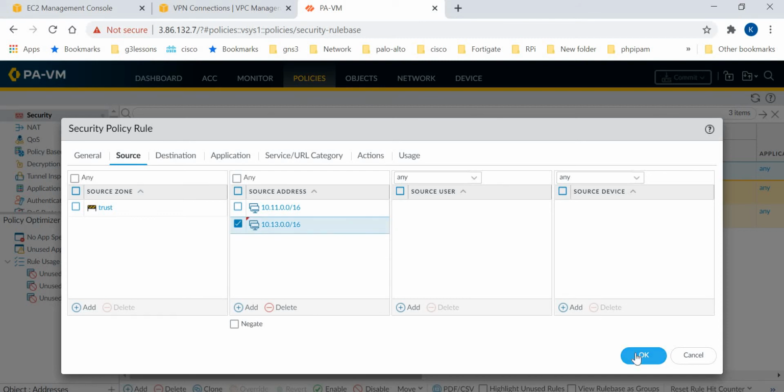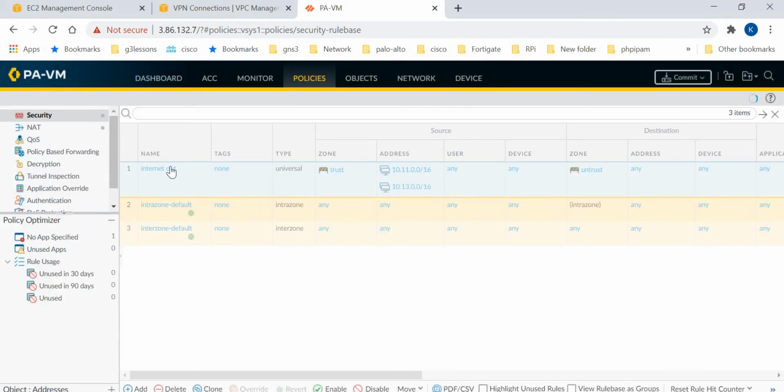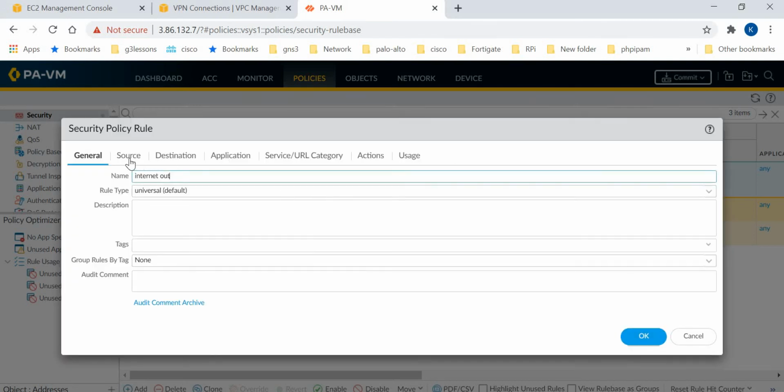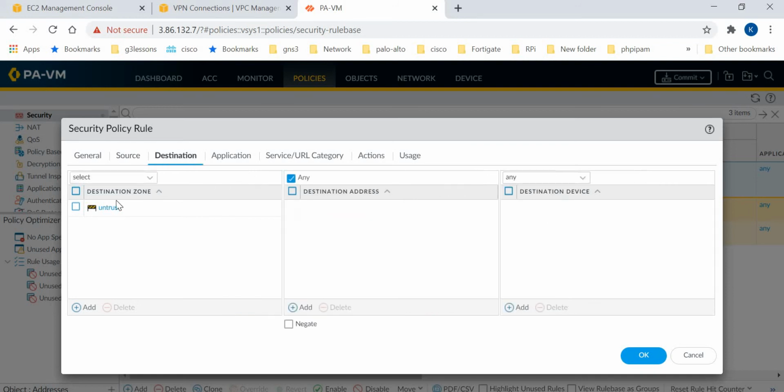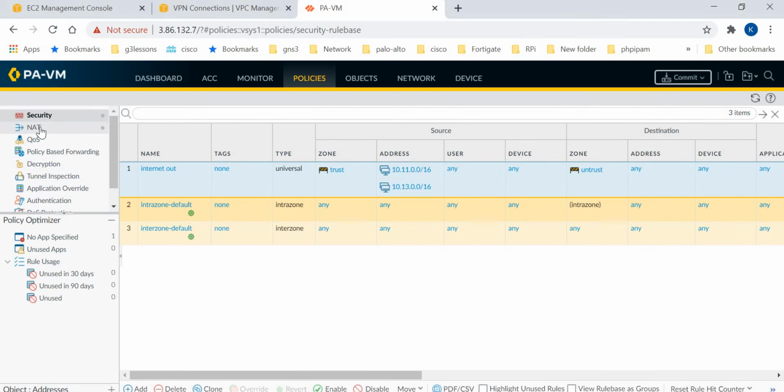So this is a security policy. You can see the security policy says it will hit out on the trust interface, trust to untrust.